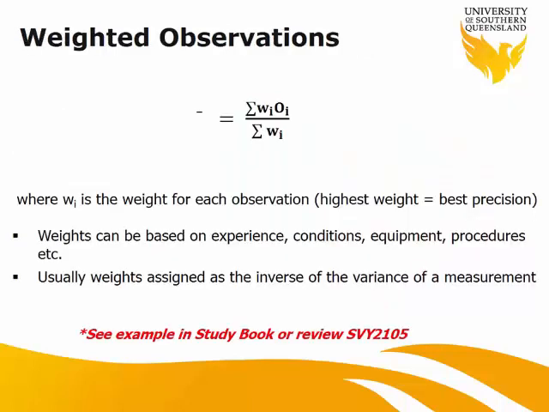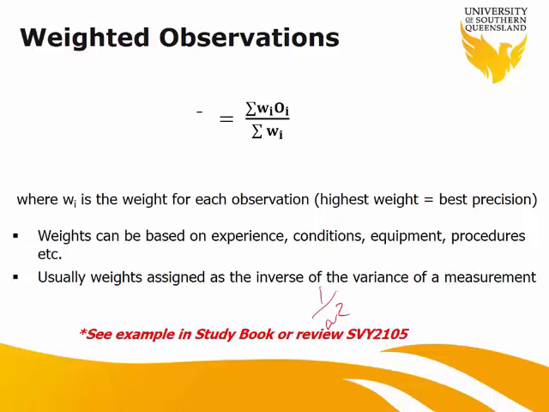So the next bit is mostly concentrated on least square adjustment and weighting of observations. I know you had weighted observation in COMSB, so please go and review your book, SVY2105 obviously. In weighted observation, weights can be based on experience, condition, equipment, procedure, and so on. Usually they are assigned as the inverse of variance of the measurement, like this, obviously, and